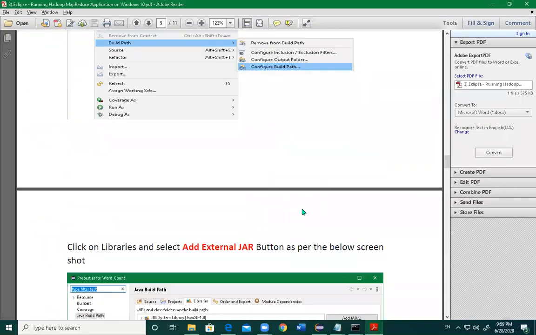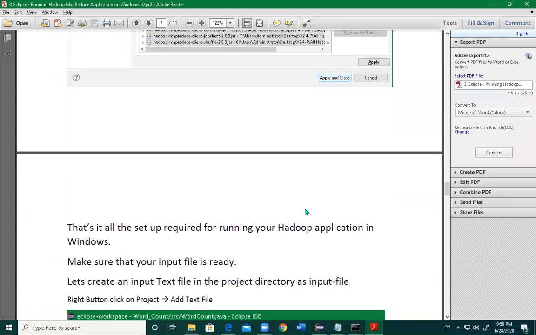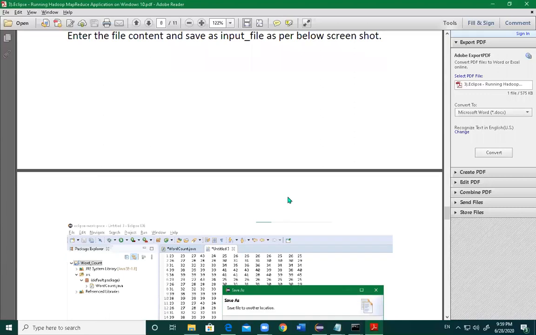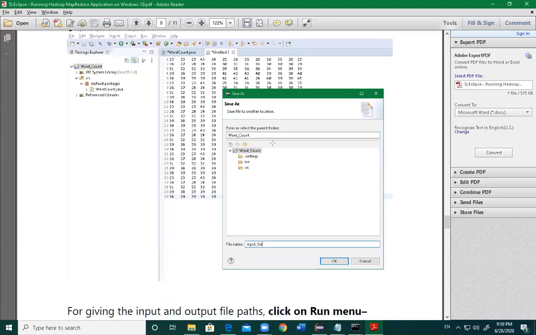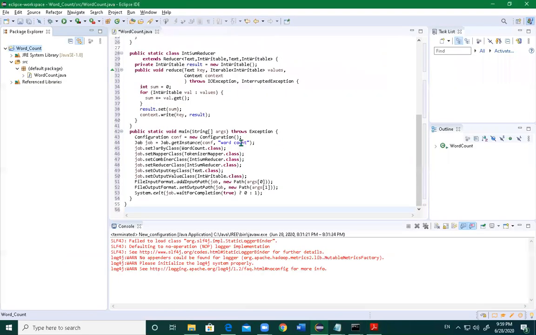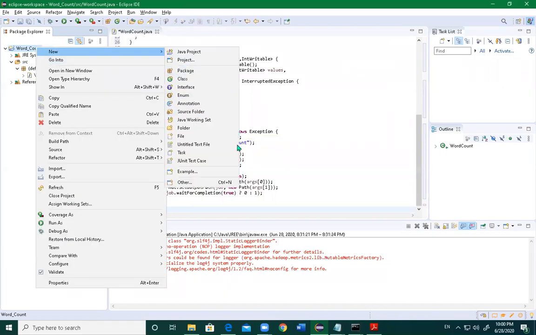Now let us compile. After adding this, the program needs to be compiled. Before compiling, this program is mainly created for word count, so we need to specify which set of words are to be counted. In order to count these words, we have to give an input file to the Hadoop system. So let us add one text file here.